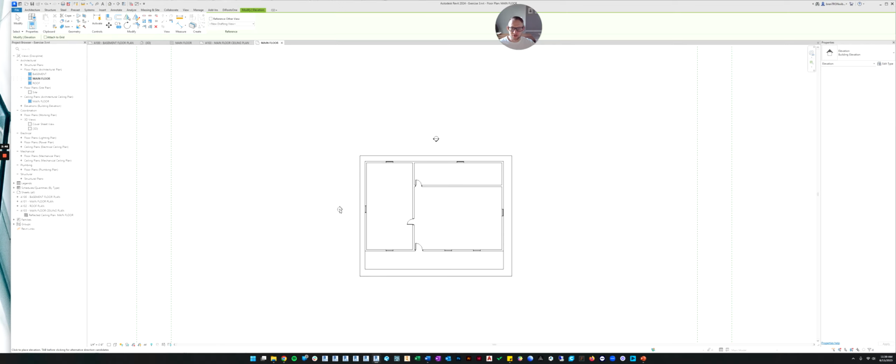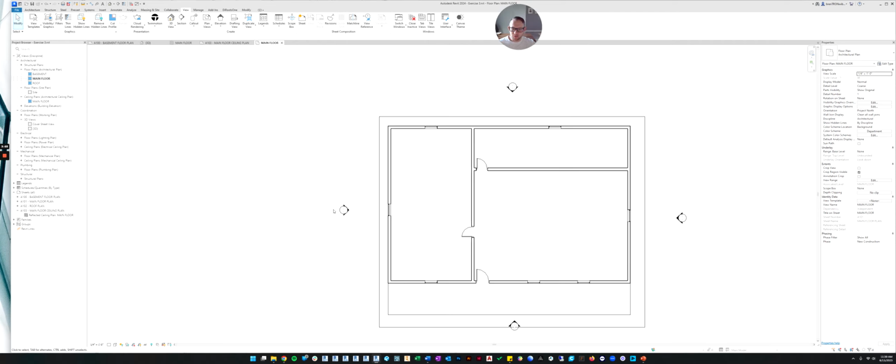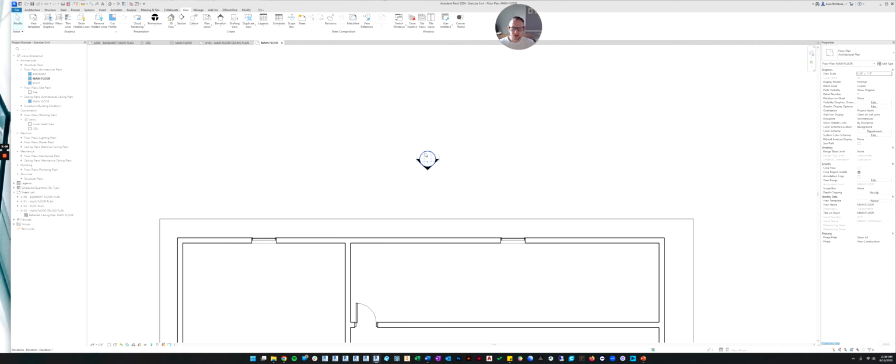So let's do that for all four sides, because we want to make sure we show every exterior portion of our building. That's the purpose of an exterior elevation, to show the finishes and the entire design of the exterior of the building. So now that we've placed those, let's talk about them a little bit.